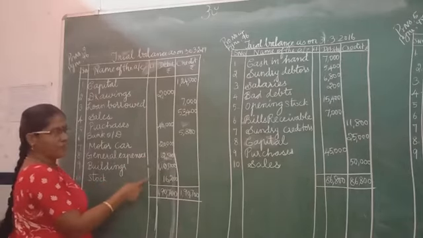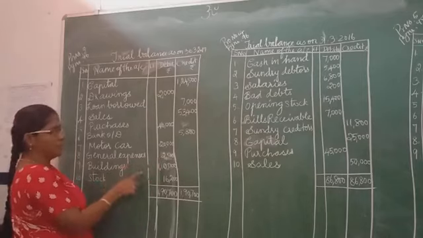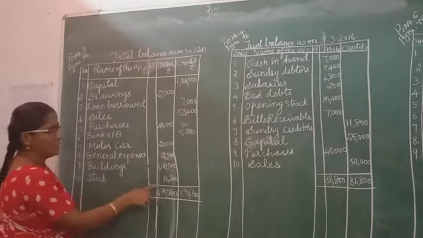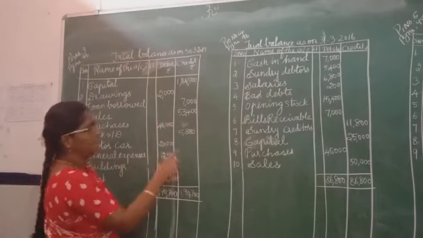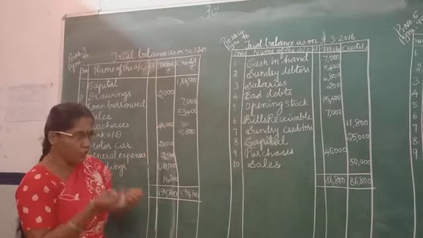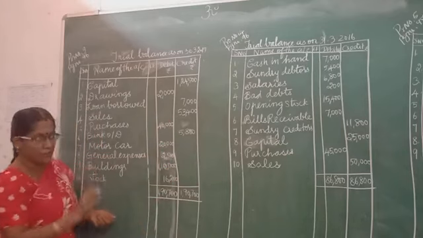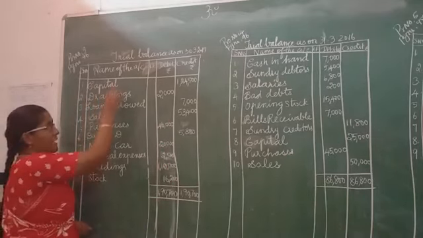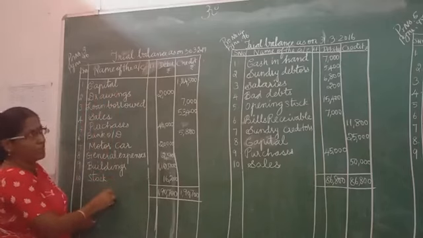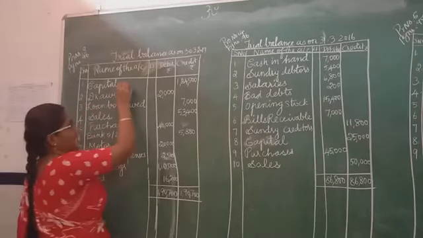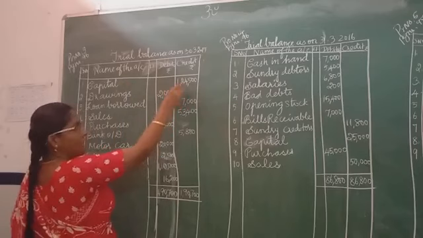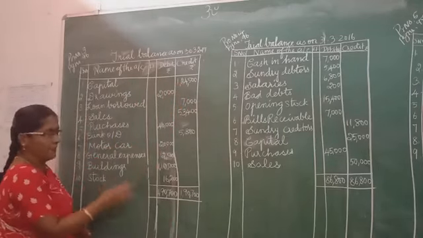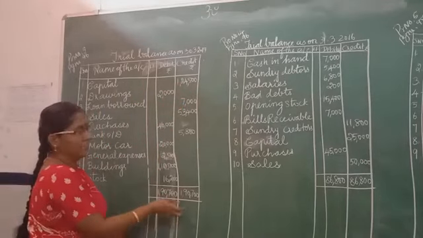Buildings, all premises they will give, so both are the same. So I have debited because it is an asset. Stock also it is an asset. So I have segregated. What I did, I have gone through the sum. As per the sum order, I have written all the names of the accounts. Capital means credit. So I know the format, so I have written all these things in the debit column, and credit in the credit column.